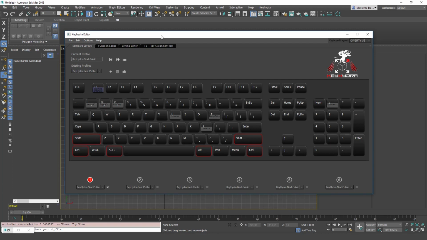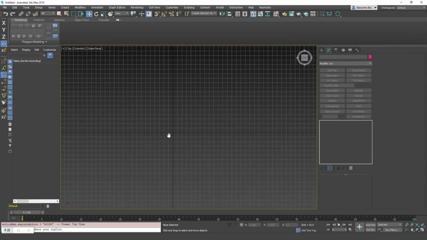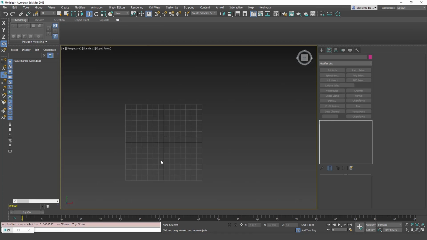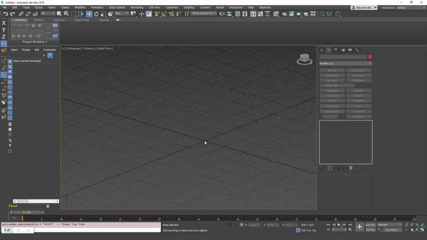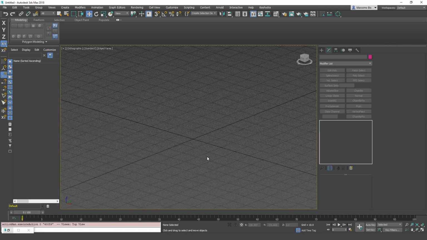Before, single tap P was doing a plane, double tap P was doing a cube, triple tap P was doing a cylinder, and quadra tap was doing a sphere. But I wanted to keep the perspective key. So now if you single tap the P key, it goes to perspective. And if you double tap P, it goes to orthographic. So single tap perspective, double tap orthographic.